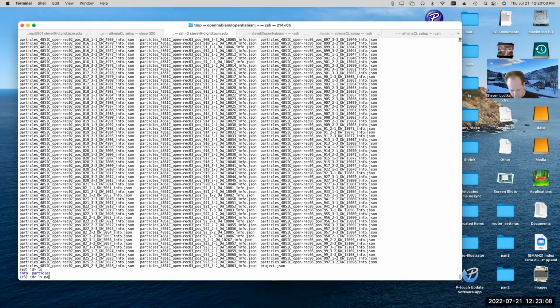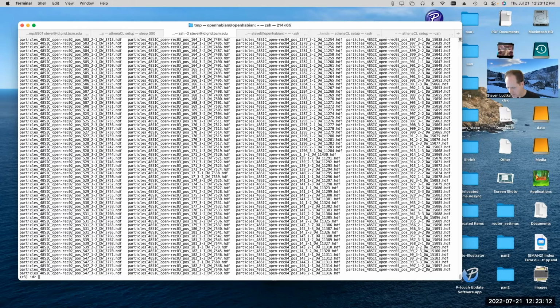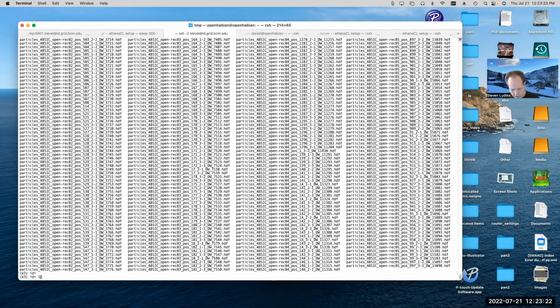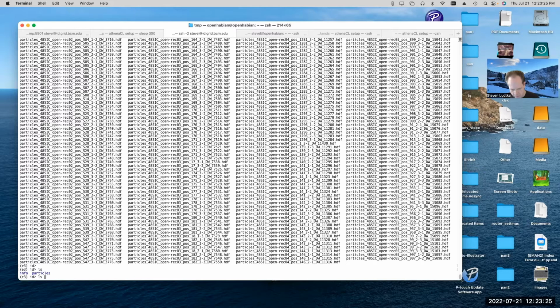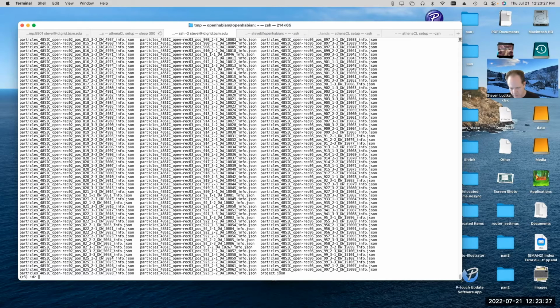The particles folder will have basically exactly what was in the other particles folder we looked at a minute ago, except instead of being MRCS files, they're HDF files. HDF is the native file format that EMAN2 uses. And the info folder will contain all of the metadata on a per micrograph basis.